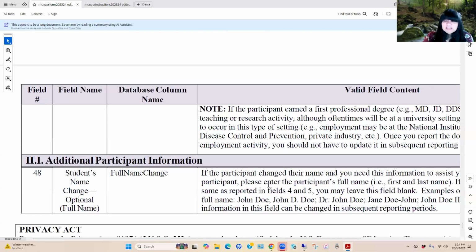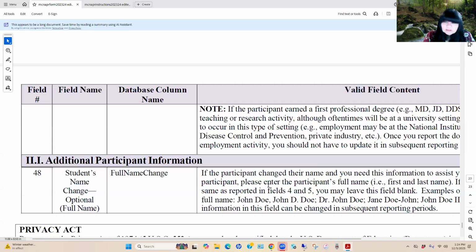In field number 48, this is the last field of data that we'll respond to. And this is that field of data that I mentioned earlier on in the presentation, where you can indicate, this is the additional name that I'm tracking that student. Maybe they had a name spelling that was incorrect when the record was input into the annual performance report. Maybe they've had a legal name change and or another name that you are tracking them by. This is the only place where you want to ensure you've indicated that. It is not a required field. It is only in the event that you're tracking them using another name.